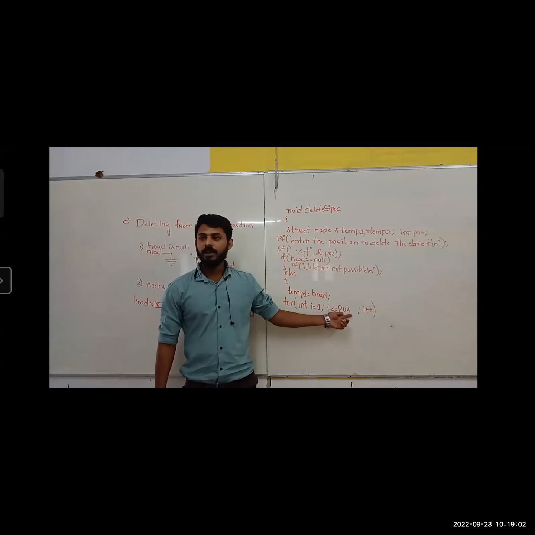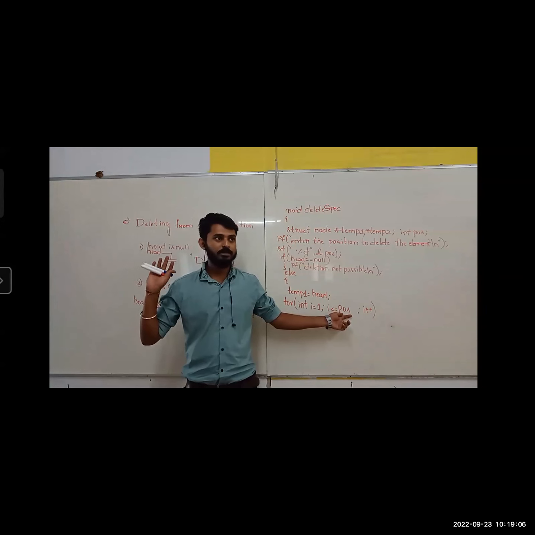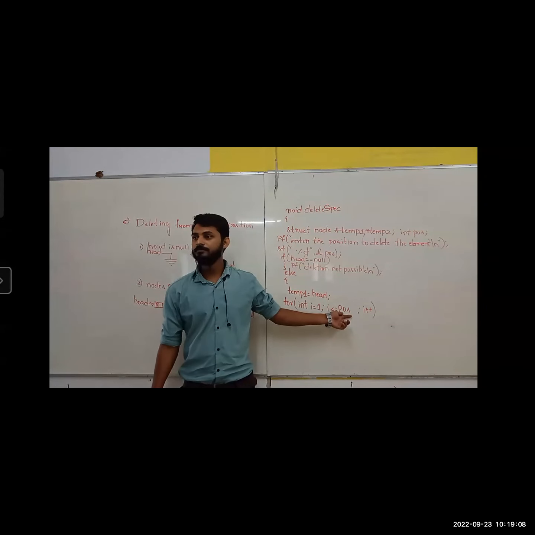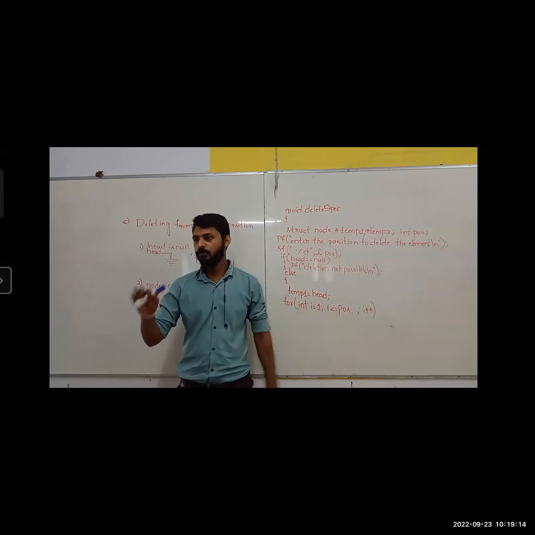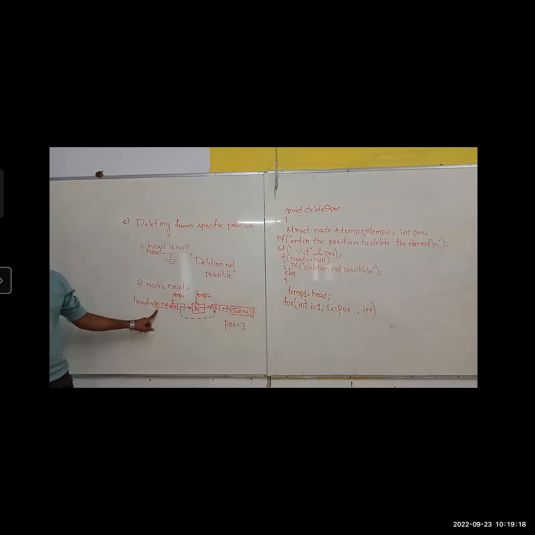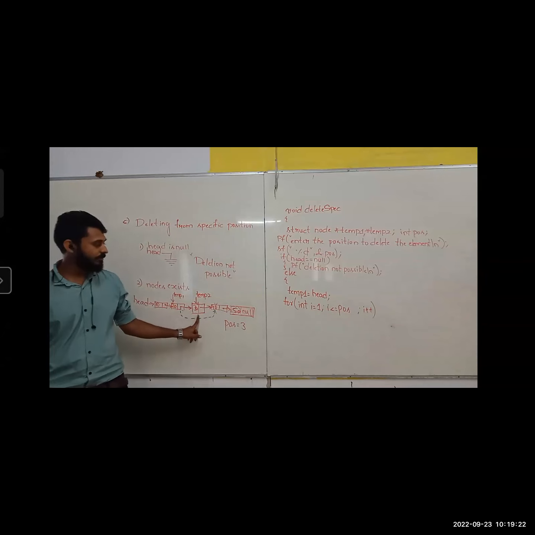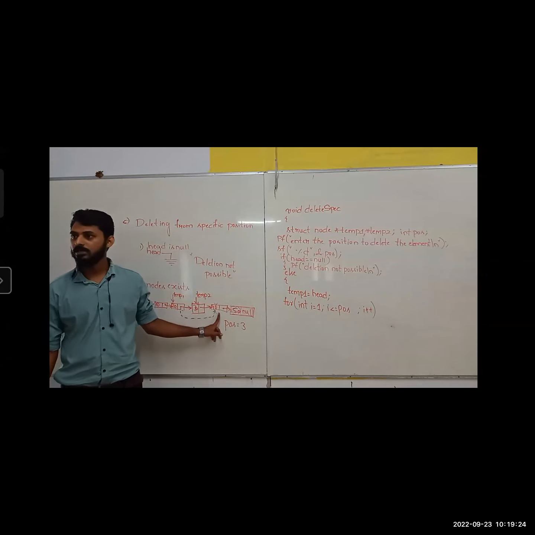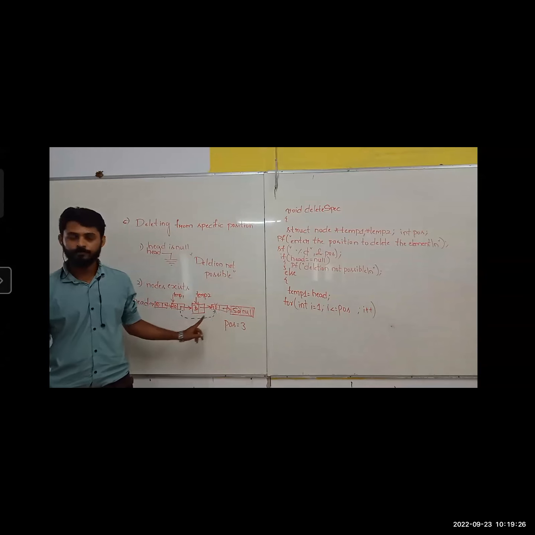What is the position value? Sir, it will go to third and delete the fourth. Listen, Chinmay, listen. What is the position value? Position value, assuming it as 3. Starting from 1, if it moved 3 times, where it will reach? From here, temp equals temp link, it will reach here. Temp equals temp link, it will reach here. Temp equals temp link, it will reach here. So you want to reach here? So where I should stop?